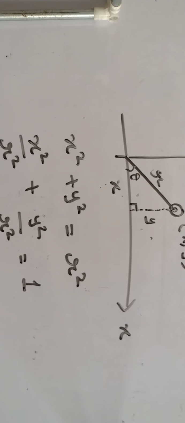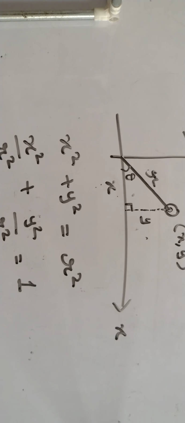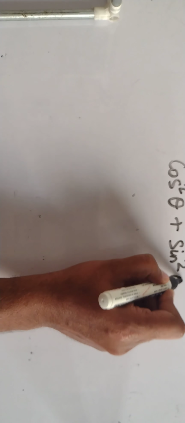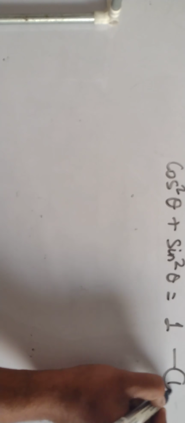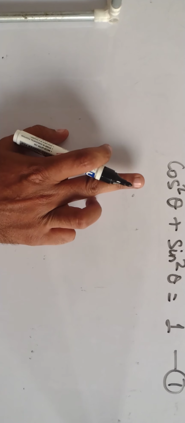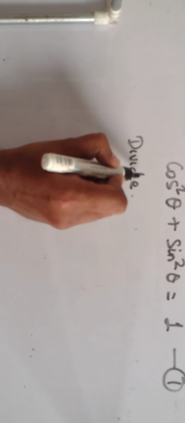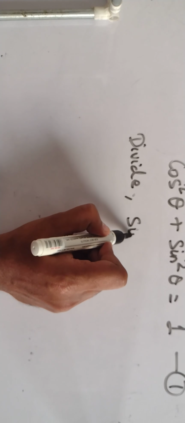So this is the method to derive the fundamental identity. I hope you understood this graph. Now we will try to derive the other two properties. I am writing cos square theta plus sine square theta is equal to 1. This is equation number 1, the first fundamental identity we have derived graphically. Now if I divide the whole equation by sine square theta,